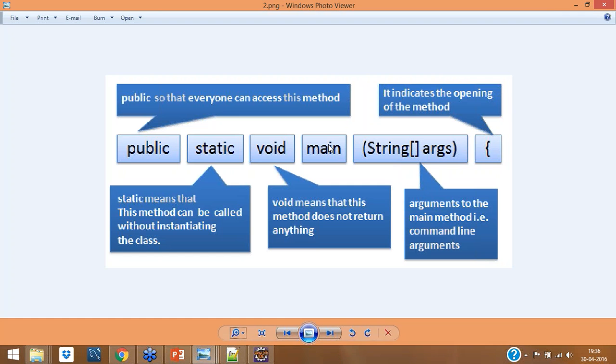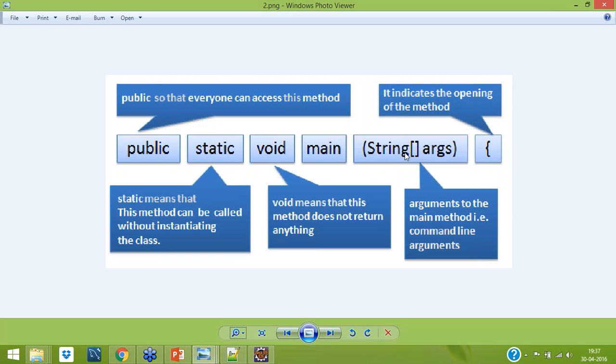Nobody does that. Then this is a parameter. It's a function, and it has a parameter, an argument. This argument has a String, then brackets. This bracket says it's an array. This is an array of arguments. Array means it's a collection of similar type of data. I'll explain that. Collection of similar type of data. But what type of collection?